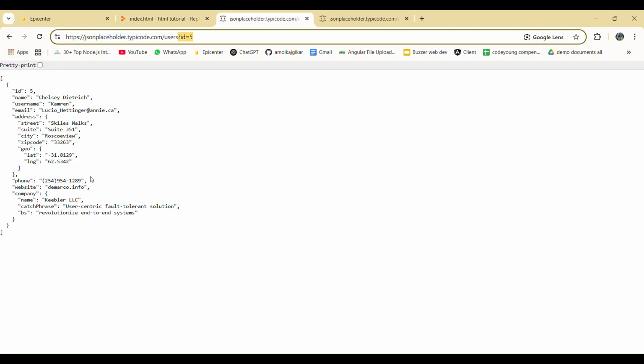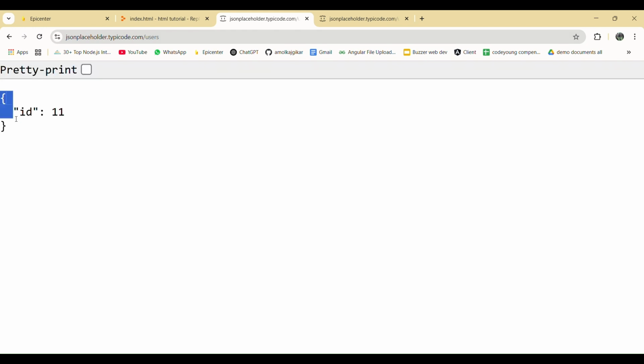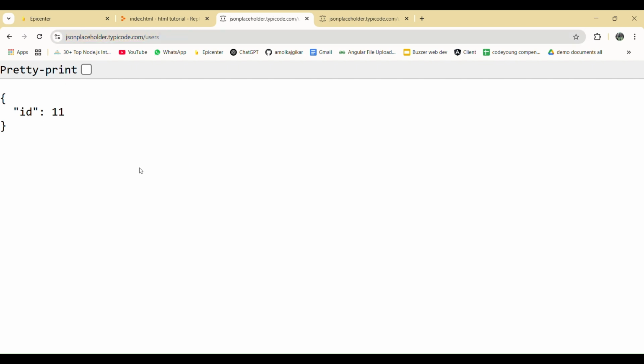This time let's take a look again. Reload. This time it's not gonna give me the whole data. First time I'm gonna click on the submit button. It's only giving me the data which I am uploading. It's just only showing that. It gave me ID 11 instead of what I was writing, 450, because of how this API is working internally. Because we had 10 users, the next one is giving me 11. This is the default. But when we put some other data, it will show up, right? You can also see the URL is quite clean. We don't have that question mark query and everything because it's a POST method, right?